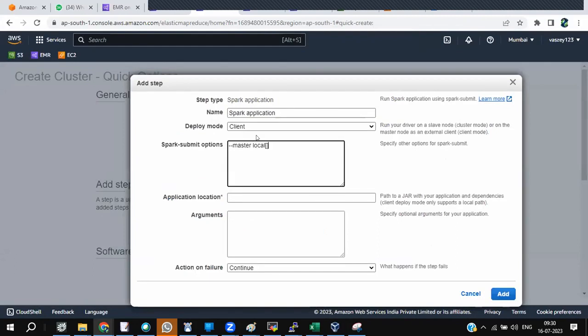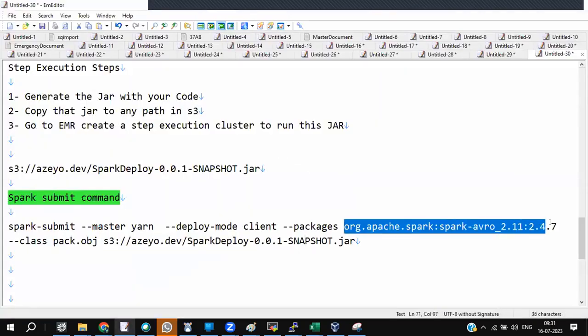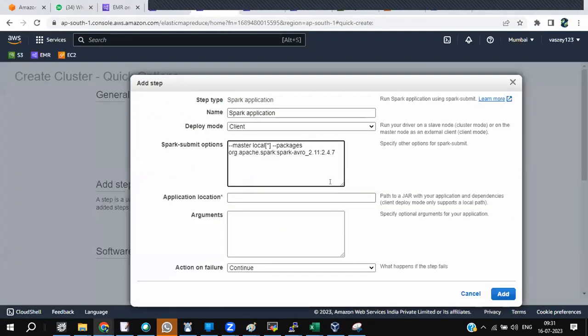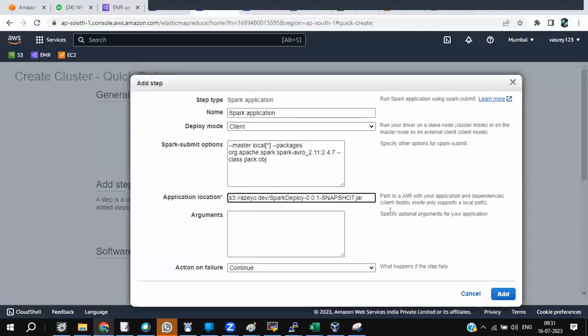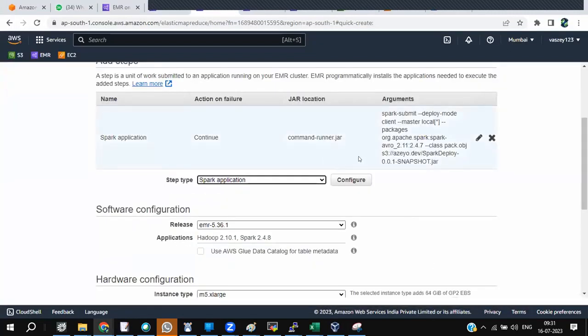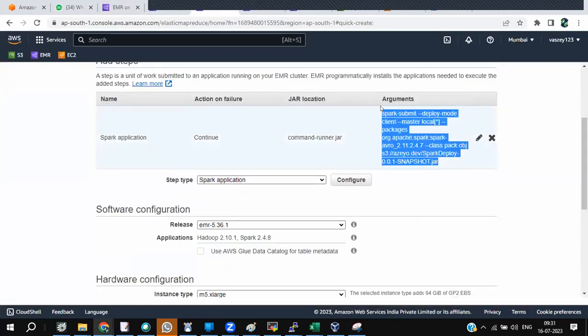Some time ago, I faced some issues with yarn, maybe because of the one node cluster, that's okay. Local, packages. Give packages. Class: pack.obj. Then give the jar path. Application jar, add it here. It creates its own Spark submit. Can you see that, all of you?